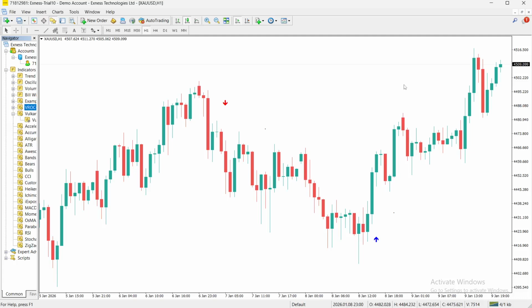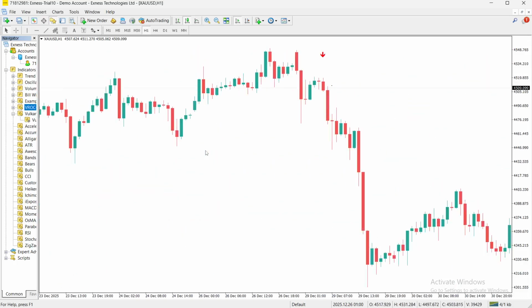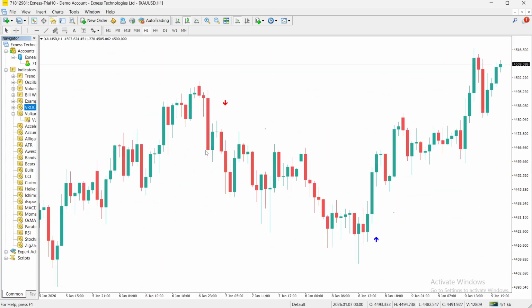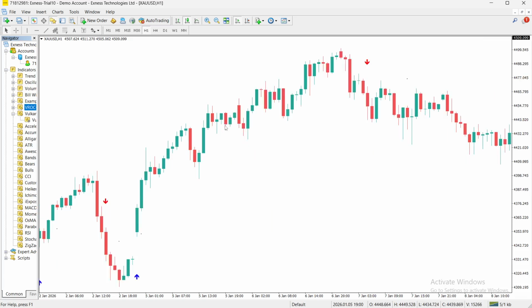Hi traders, in this video we are looking at the Vulkan Profit Indicator for MT4 and MT5. This simple arrow-based tool uses a series of different types of moving averages in concepts to generate blue and red arrows for long and short signals without squiggly lines, levels or color changes. In this video, you will see how the Vulkan Profit works, how signals are interpreted, and which trading strategies are